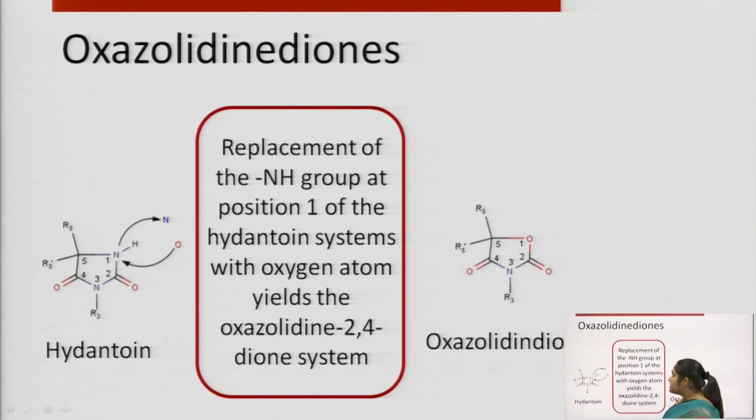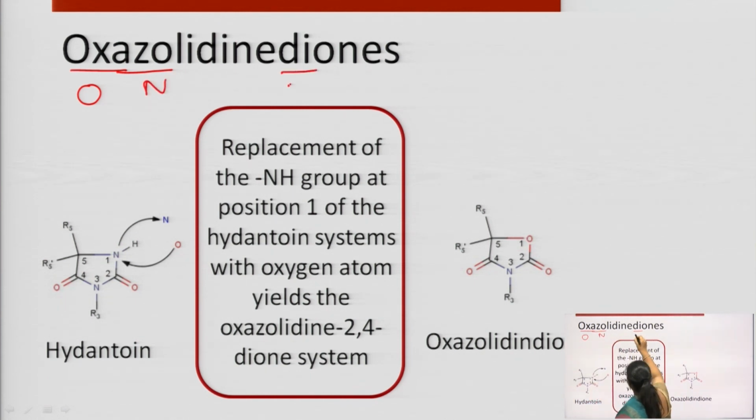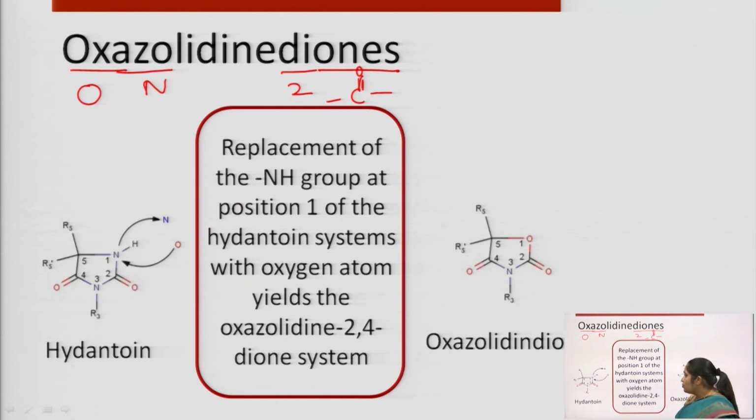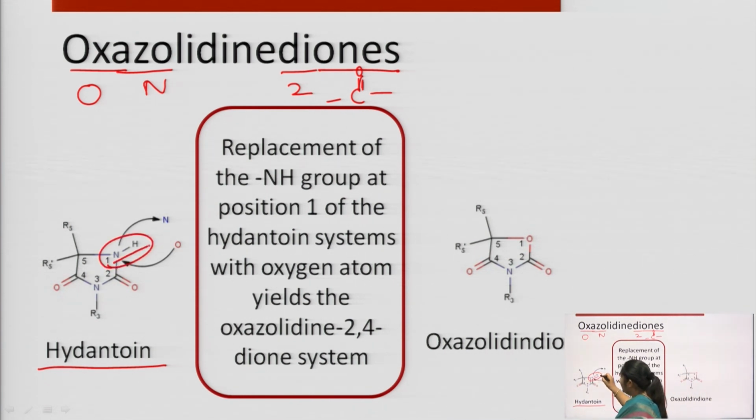oxazolidinedione. As the name suggests, it includes one oxygen, one nitrogen, and di means 2, one means carbonyl group. So, it includes an oxygen atom, a nitrogen and two carbonyl groups, basically two ketonic groups. When we compare it with hydantoin, we can simply say that we have just replaced the nitrogen at position number 1 with an oxygen atom. At position number 1, we have an NH group. We have just replaced this with an oxygen atom. And what do we get? We get